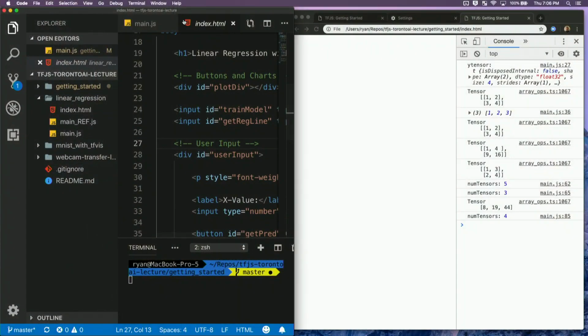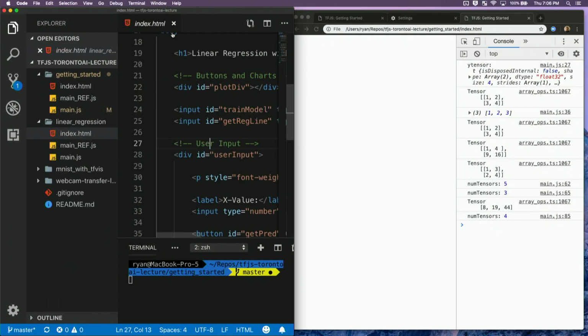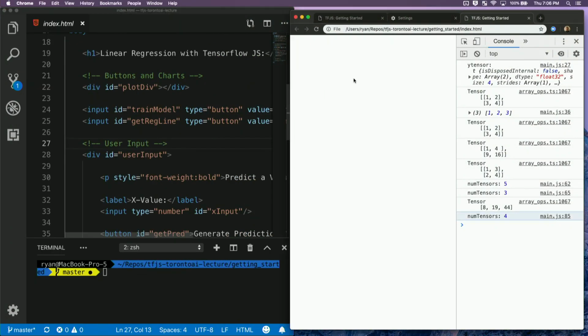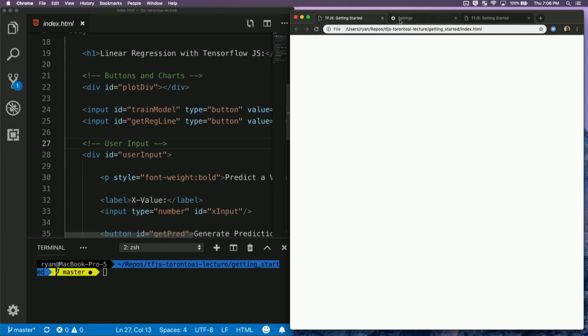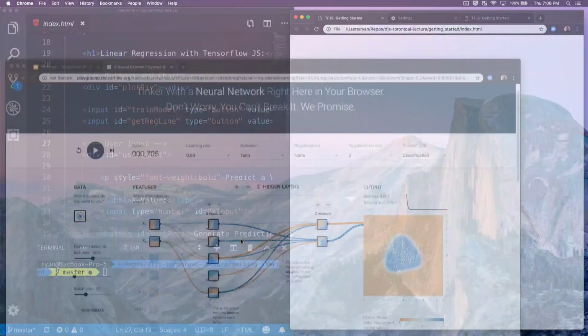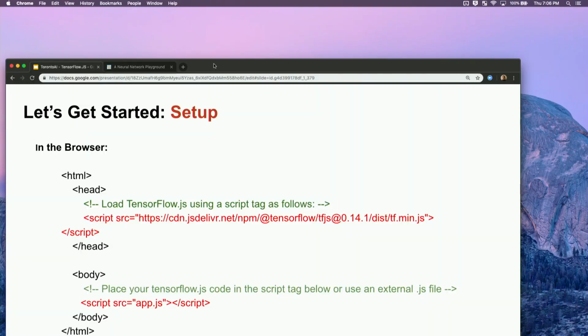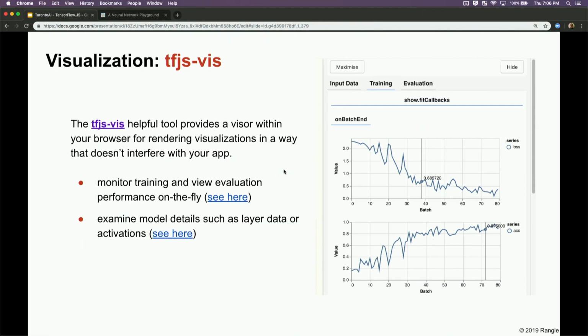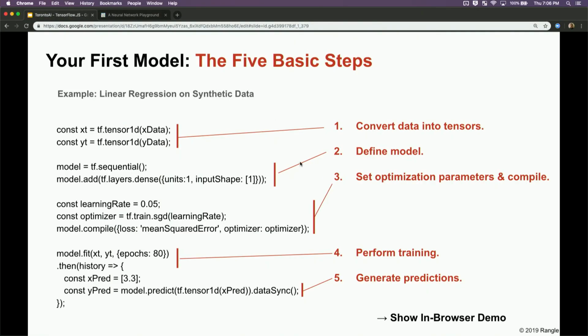Okay, so let's just look at now a linear regression problem. And we'll go through this again quickly. But the point basically is I want to walk you through some of the key steps involved in defining a neural net. So first thing you need to do, of course, is convert your data into tensors. And then you define your model. So there's this awesome method you can call, sequential, where it allows you basically to stack layers on like building blocks. So this is inherited from the Keras library, if you're familiar with that.